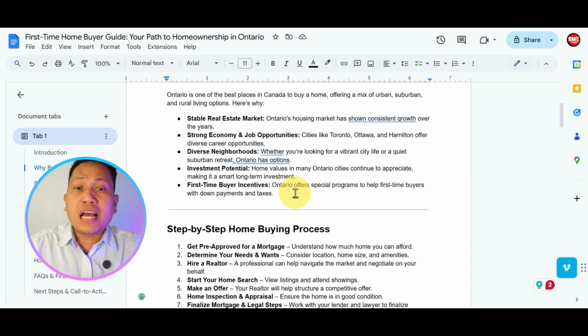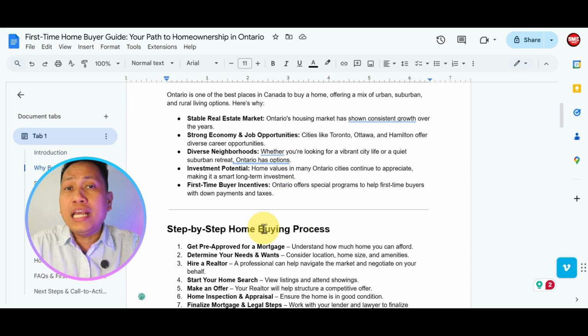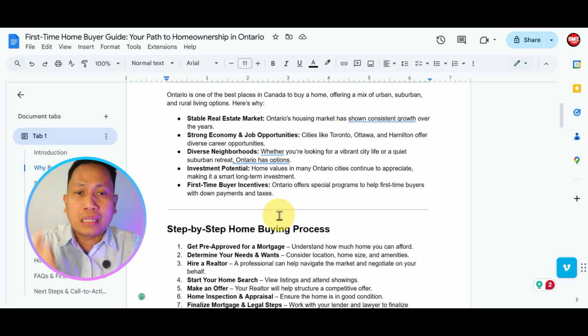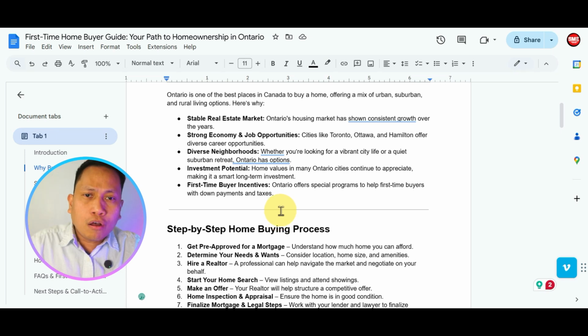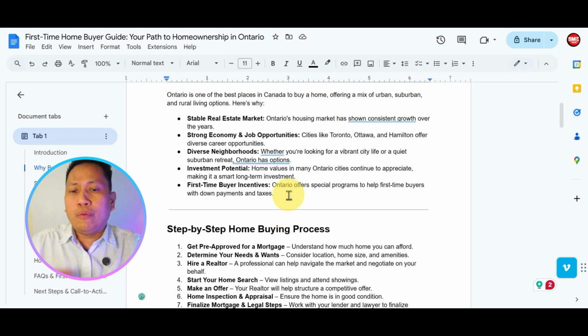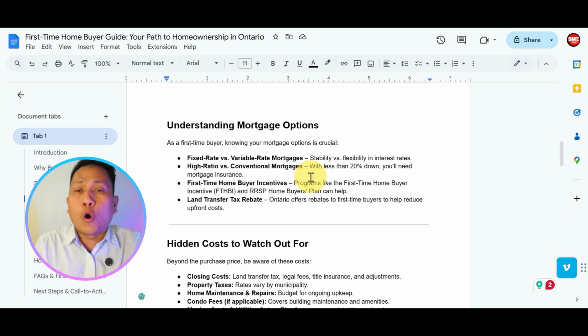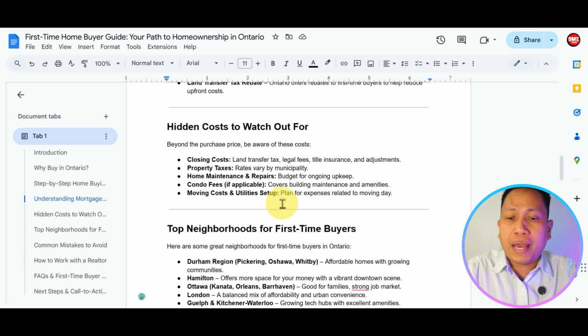So this is just a guide on how easy it is to create a lead magnet for your audience using ChatGPT. We start from the AI prompt that I created. Just copy and paste it into ChatGPT. ChatGPT will provide this information. Open your Google Drive and copy and paste it here.